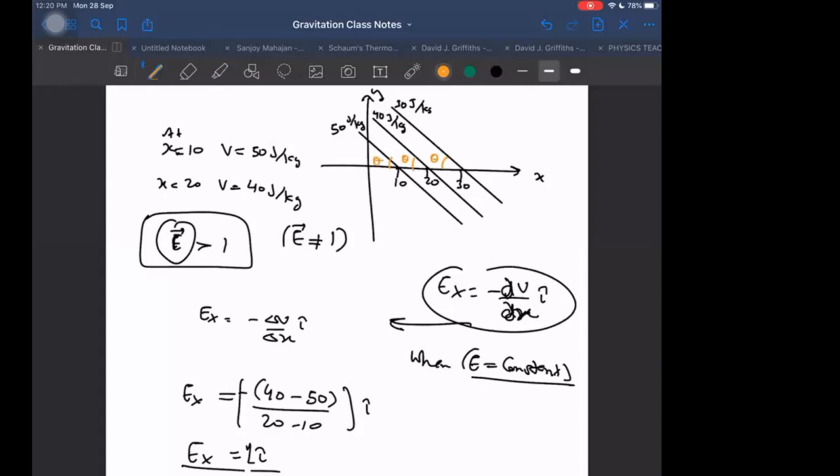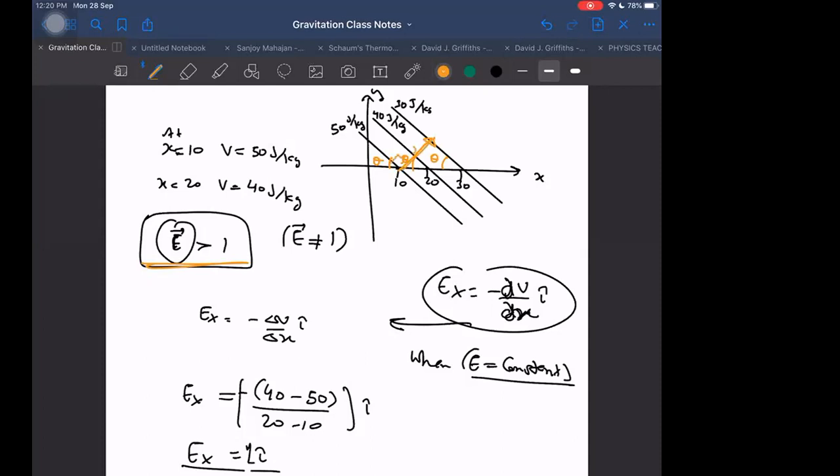Can we now say the exact value? Otherwise, you can tell only that it is greater, but how much we don't know. Now we can tell the exact value because theta is given to you. In terms of theta, we can get the answer now. And we know the field is in which direction? The field is perpendicular to the equipotential surfaces.